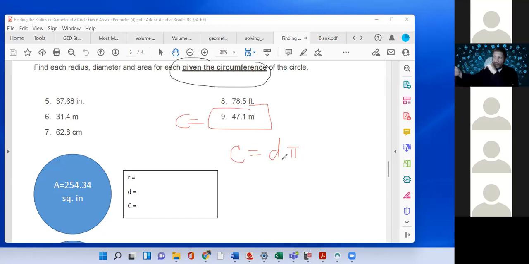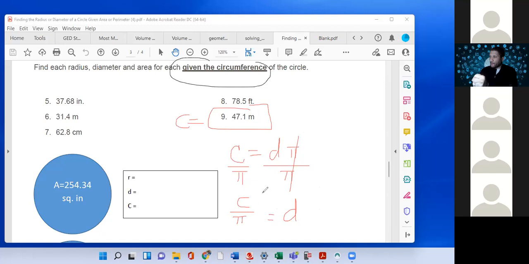Right, not D pi. If you get rid of D pi, you're going to cancel everything. You're not solving for D. Remember, whatever you're solving for, you're trying to get by itself. So since there's only two things there, you need to divide by pi. Those two pi's cancel, we get D is equal to the circumference C